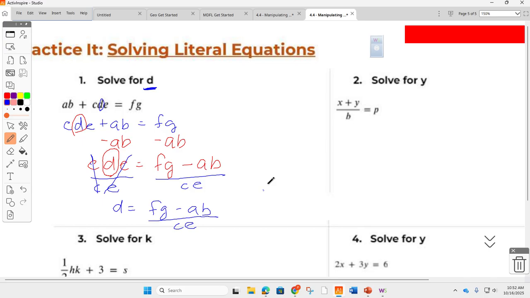Which variable is number 2 solved for right now? What is it already solved for? P, right? P is by itself. So right now,